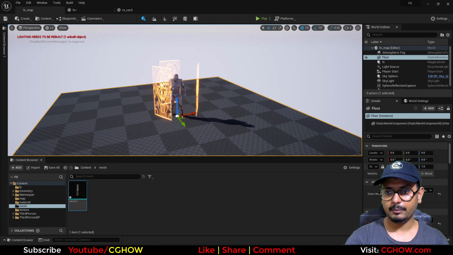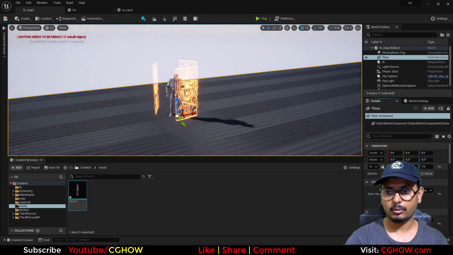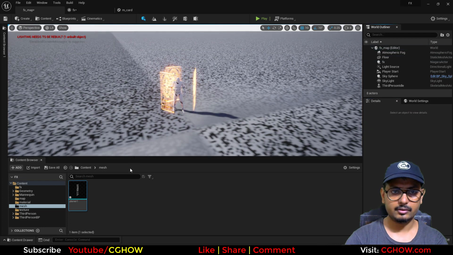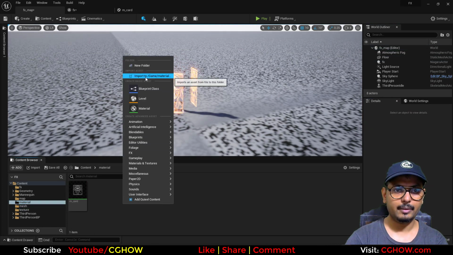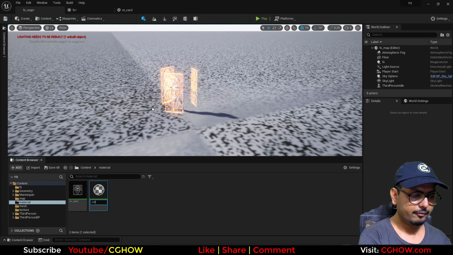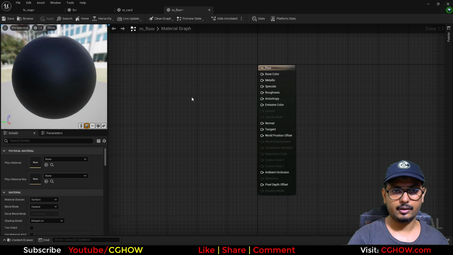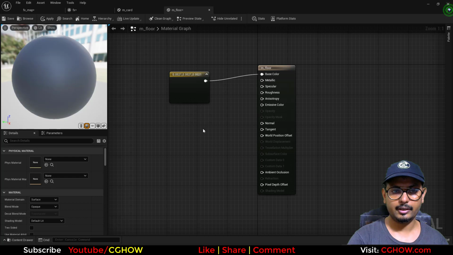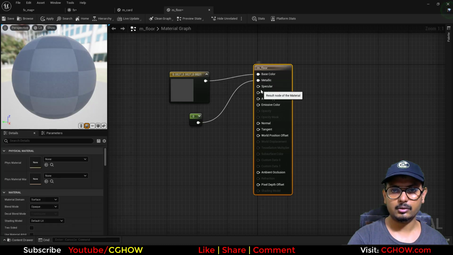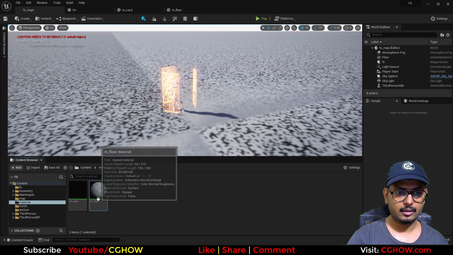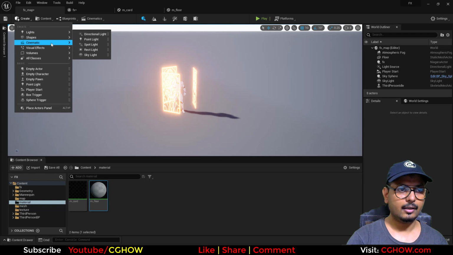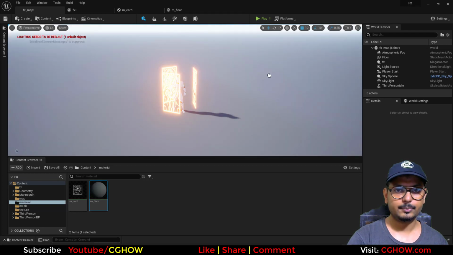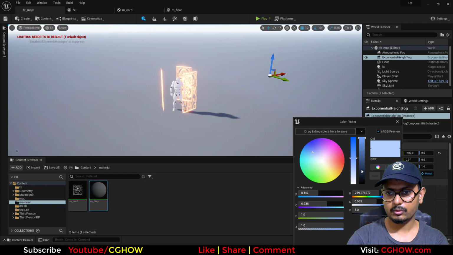And let's quickly make this map look a little bit better, so I don't need this. And in material I will make an M floor and take a dark color, dark gray, and I don't need metallic or specular in my ground, just the flat color. And I'll apply this here, and I need exponential fog also